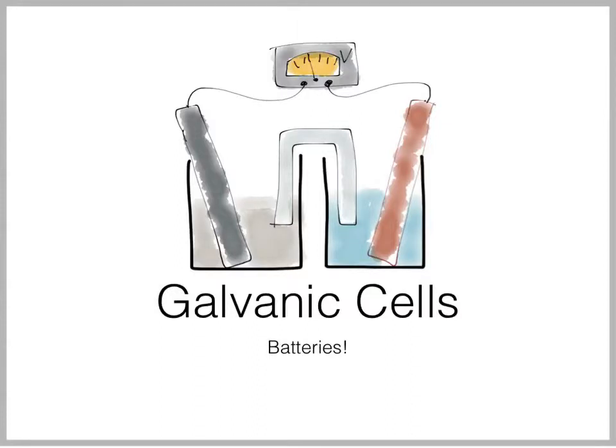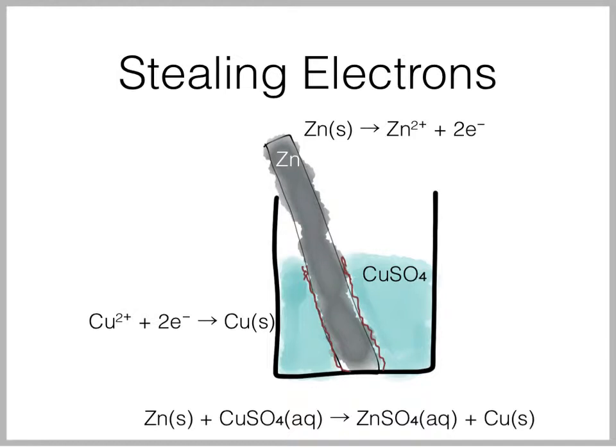In this particular video we're looking at galvanic cells. Galvanic cells are the basic chemistry behind all of the batteries that we use nowadays. If you put a chunk of zinc, a bit of zinc metal, into a solution of copper sulfate, what happens